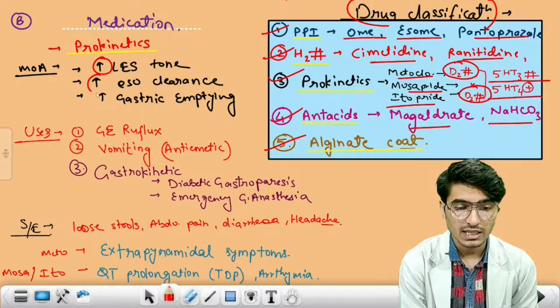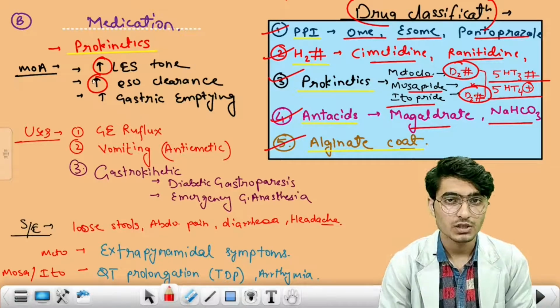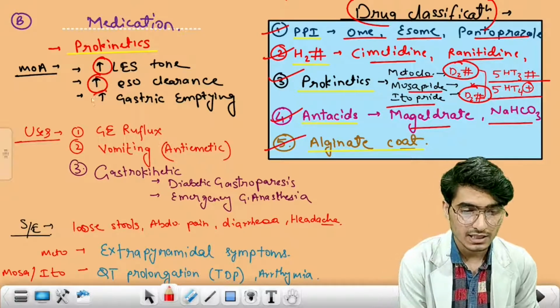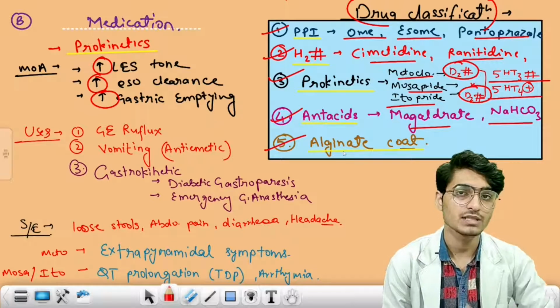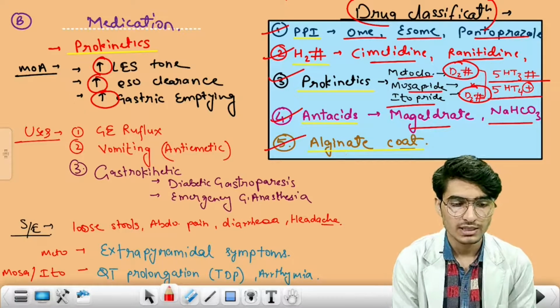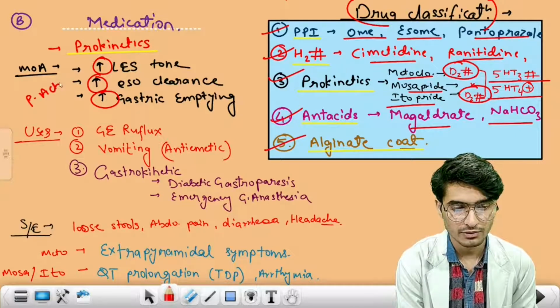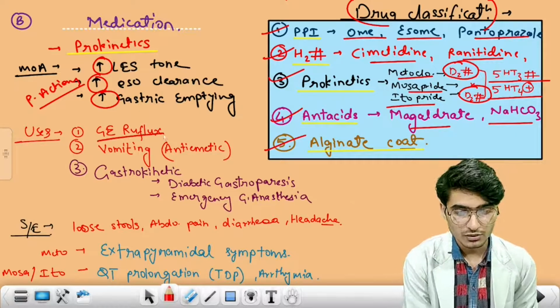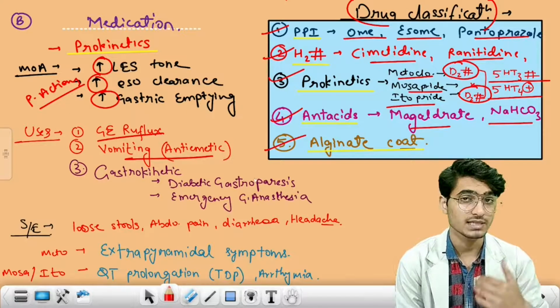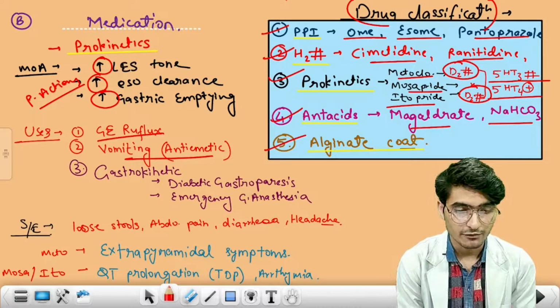And there is an increase in the clearance of the esophagus, so reflux is not there, and there is an increase in the gastric emptying, so that the reflux is not so evident. Okay, so these are the pharmacological actions of prokinetics, right? And the uses of prokinetics include gastroesophageal reflux, and vomiting, that is basically anti-emetic, followed by that is the